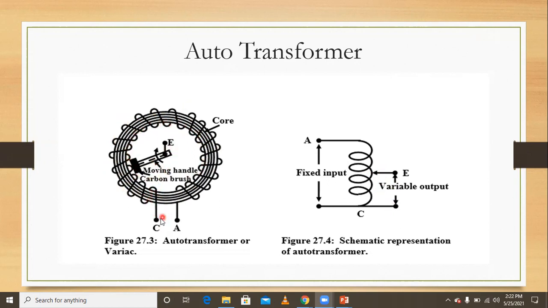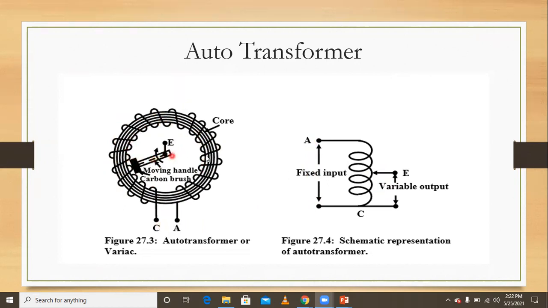This is the primary side. The input terminals are called A and C, a schematic representation. Here A is called phase and C is called common, that is, neutral. Phase, neutral. Understood? And then by changing the positions of the tapping,